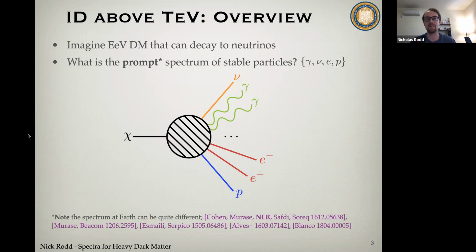But if we're going to do these studies, a critical ingredient is that you need to know what the dark matter prediction is. One important part of this is the prompt spectra, and what I want to tell you about today is how you would calculate that. Now, all these details about how you would then understand what's going on here.